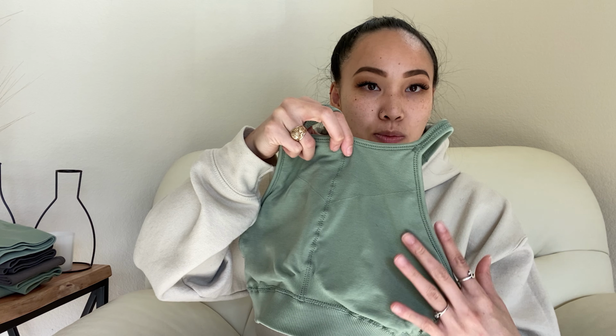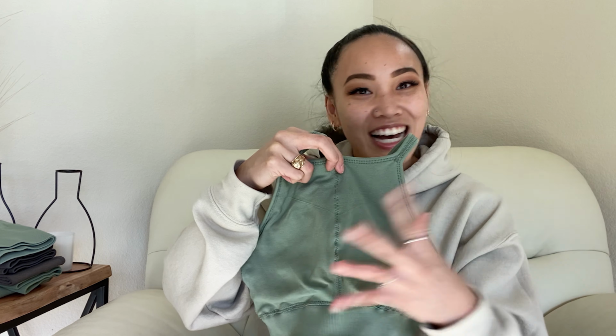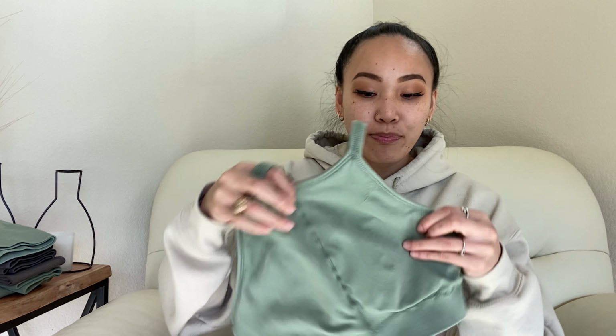seam right here that separates the two pads, so that way they don't kind of talk to each other or whatever. They're just neighbors. They're sitting side by side, but they're not touching, you know? So I like that. I know some people said that it showed in the front of the sports bra, but I don't see anything whenever I put it on, so I'm not worried about the seam showing in the front